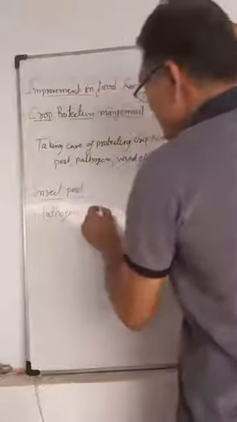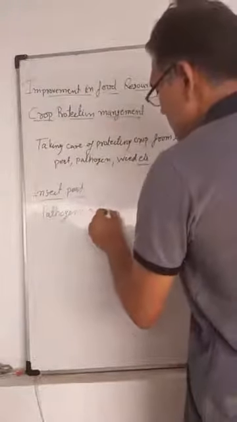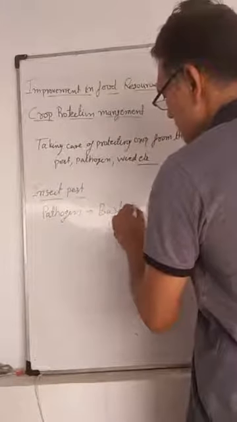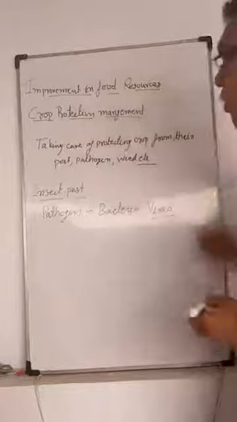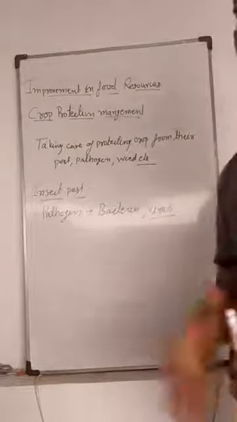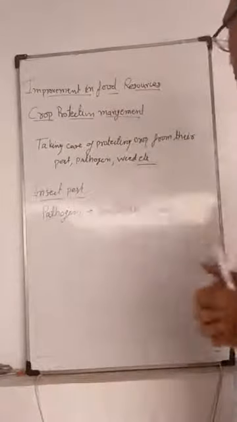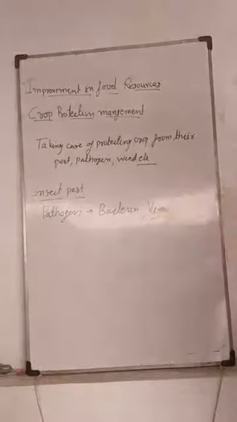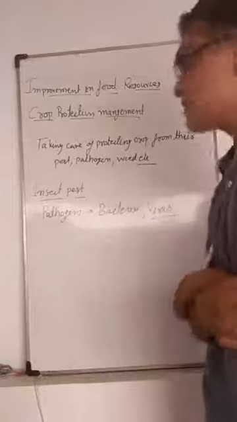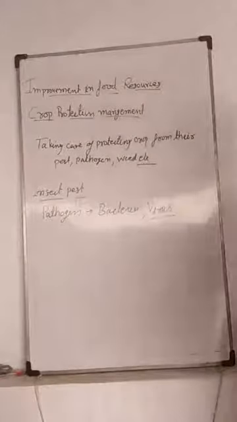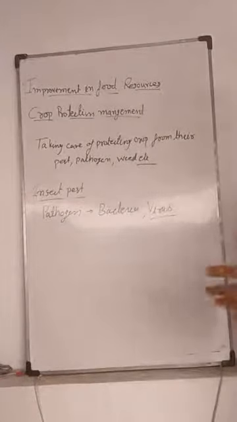Pathogens are also present, that is bacteria and viruses, which cause disease in the plants and also reduce their production. These bacteria and viruses cause different types of diseases and reduce the production. That is the pathogen. So all these